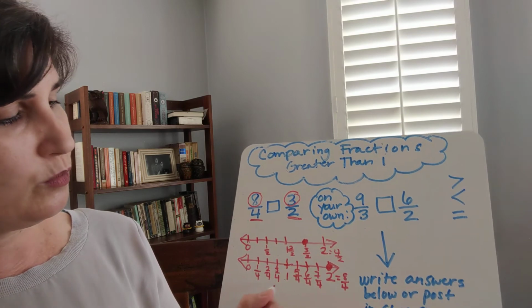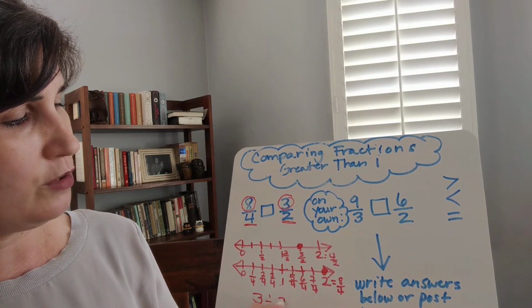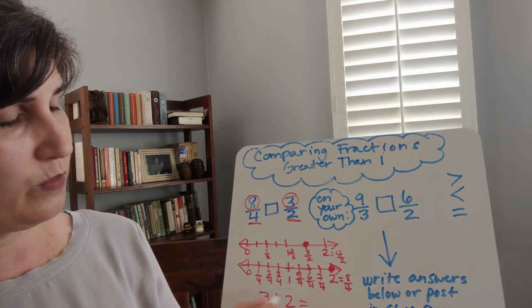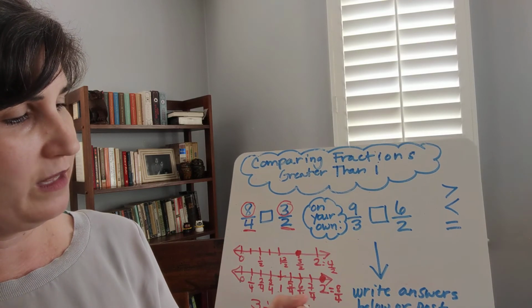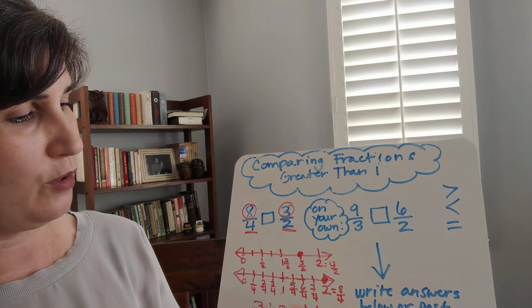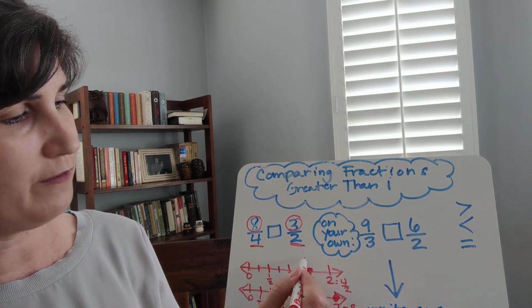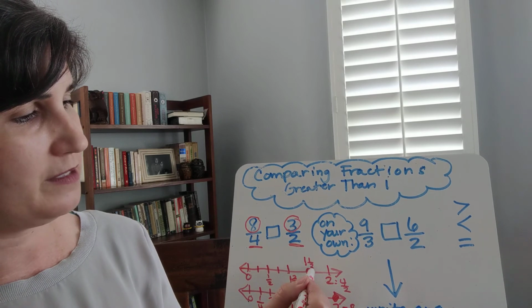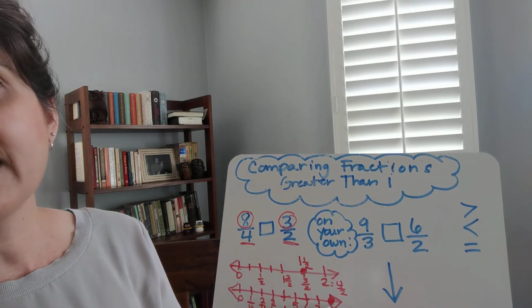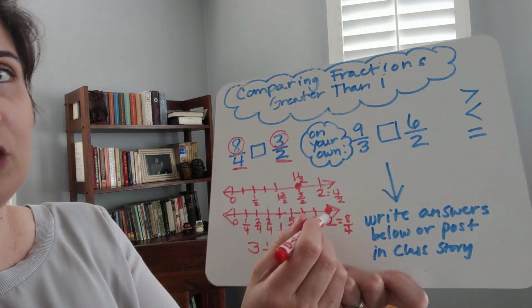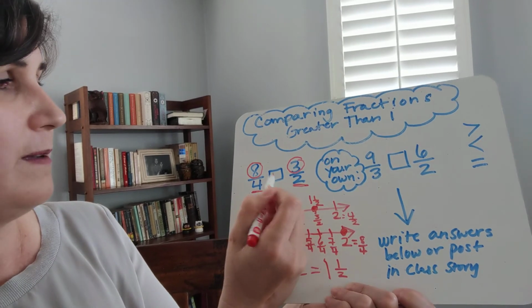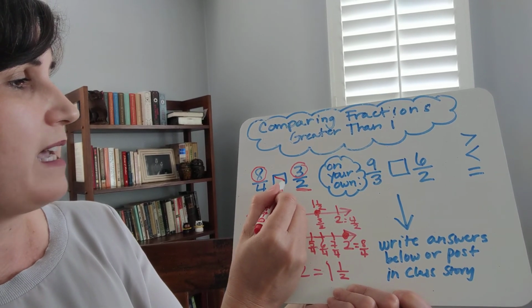So 3 divided by 2, 2 can go into 3 one time, and then I'd have 1 left over, and I'd put that over 2. So this is 1 1/2. See, it's between 1 and 2. It's 1 1/2, or 3/2, and that is less than 2. I apologize, my board was down. So 8/4 is actually greater